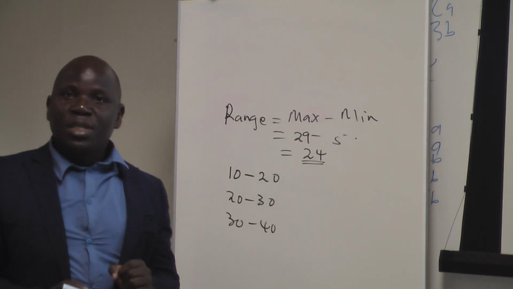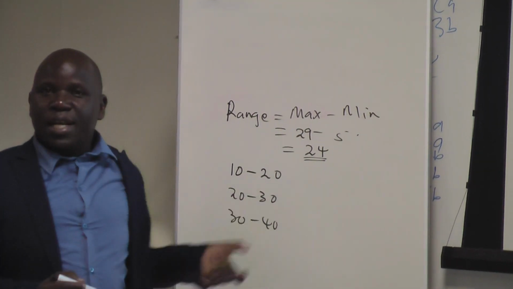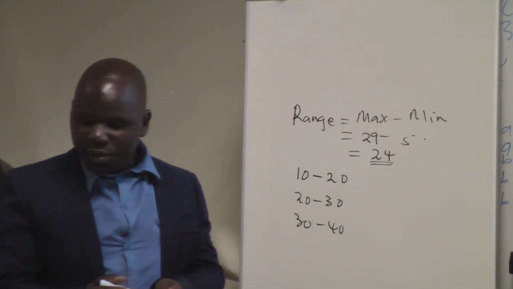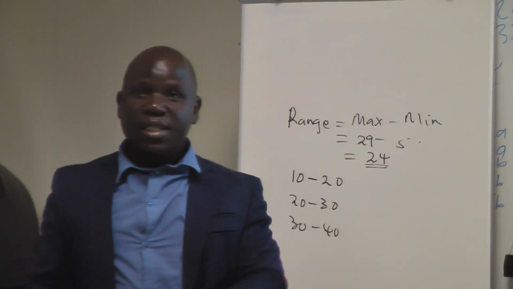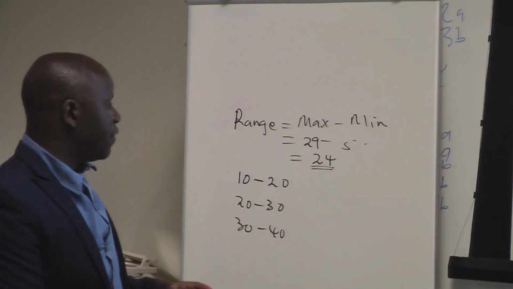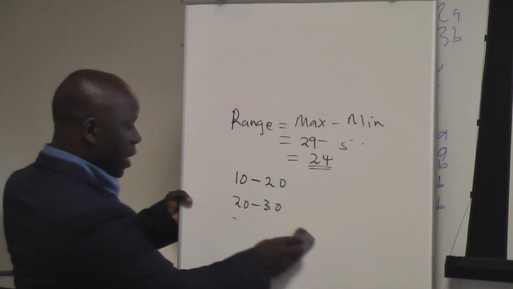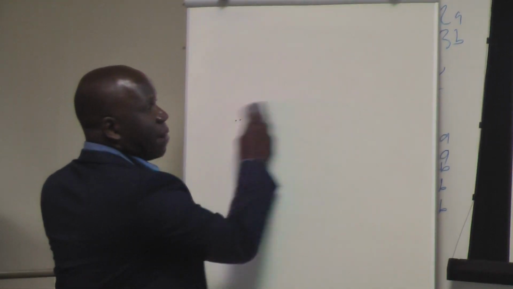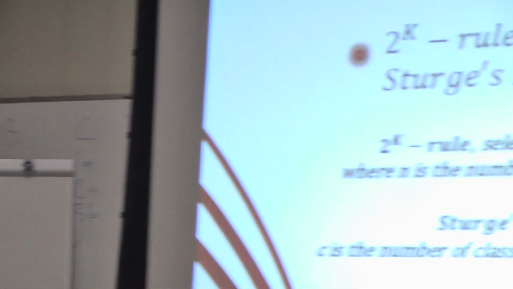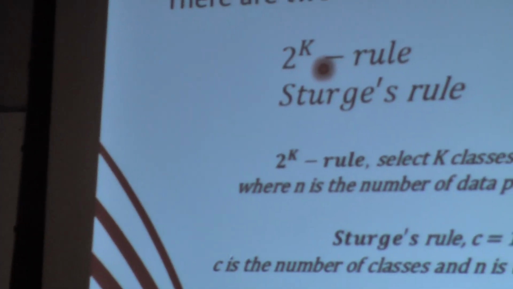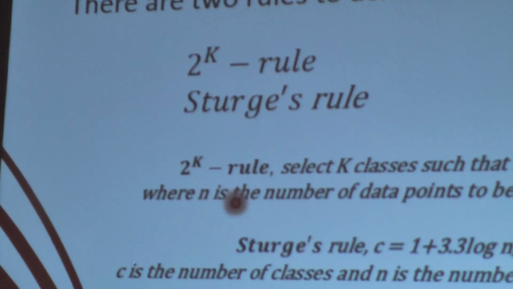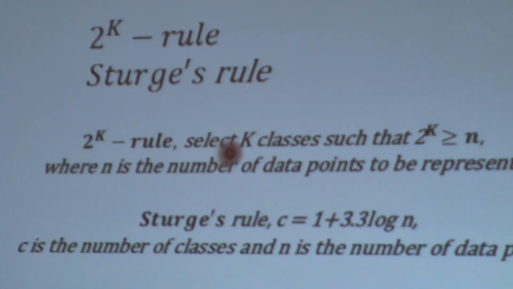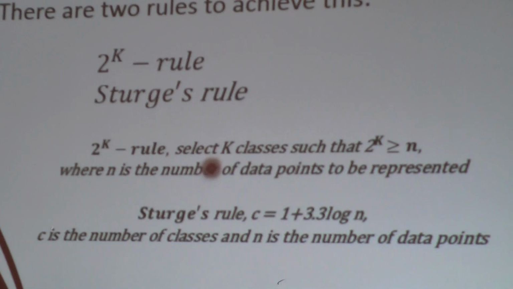But how do you decide, I have to use 3 classes, I have to use 4, I have to use 5? As a general rule, it is encouraged to use 5 and above. But I want us to appreciate, firstly, the idea of the 2 to the k rule. Under here, you can see that the 2 to the k rule simply says: choose the number of classes k such that